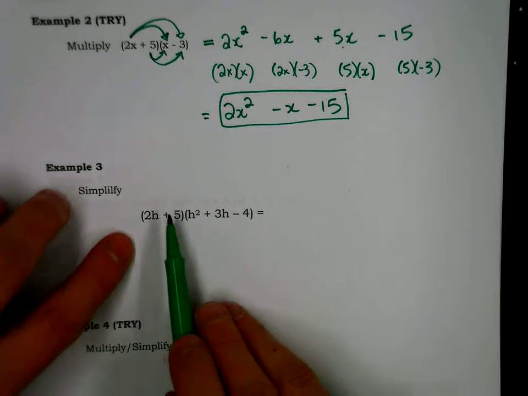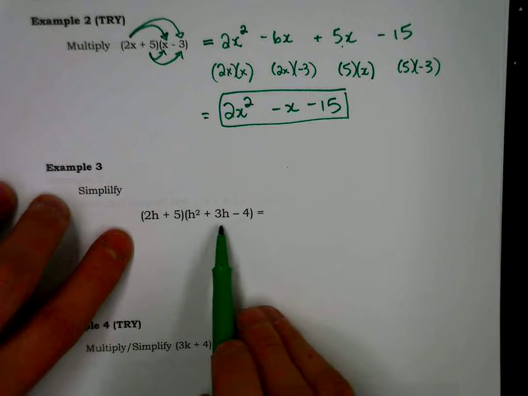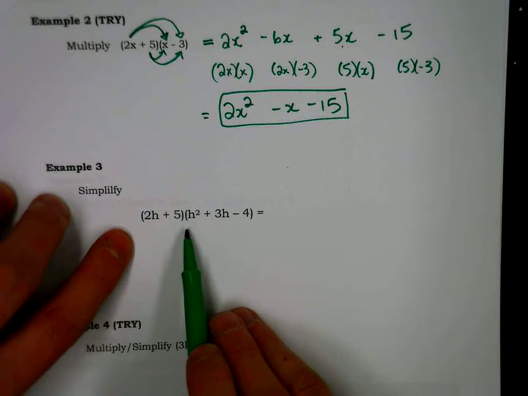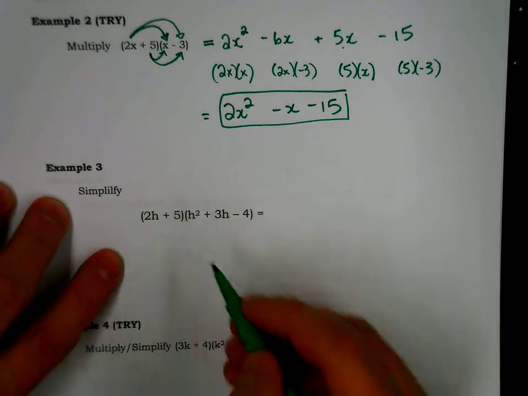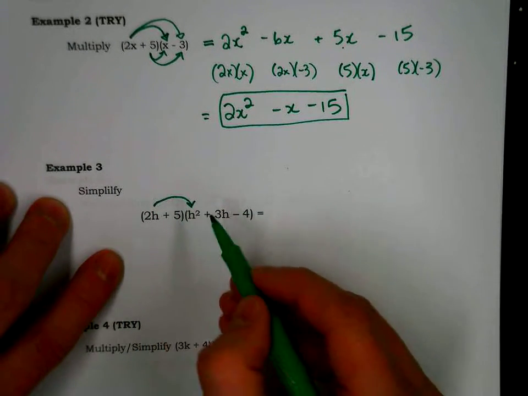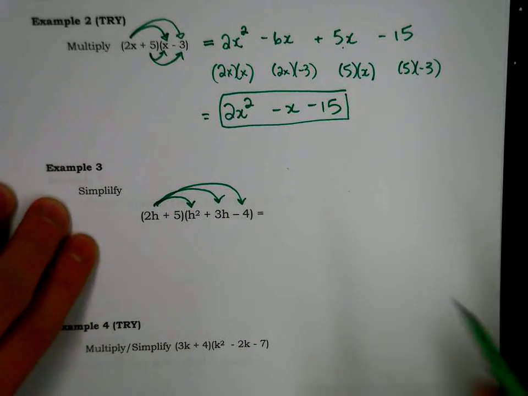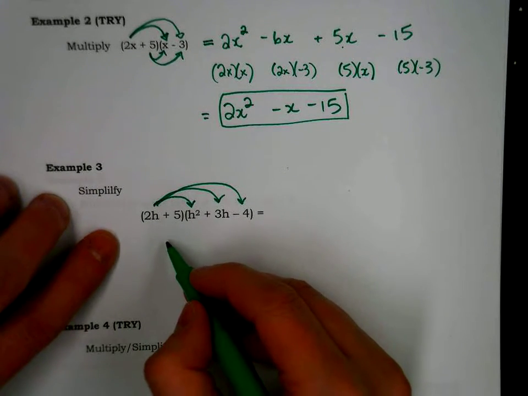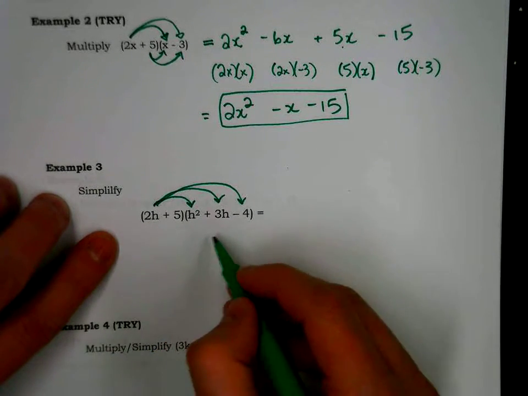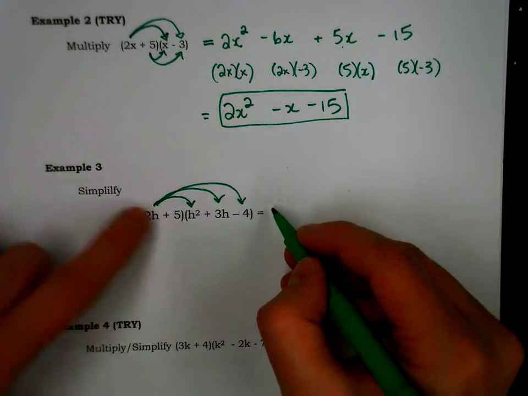Well, in example 3, we've got a binomial times 3 terms. That's a trinomial, a monomial times a trinomial. Well, the 2h has to connect to the h squared, the 3h, and the negative 4. Well, that means we've got 3 arrows, 3 products. We'll do the bottom 3 after, but we've got a 2h times h,